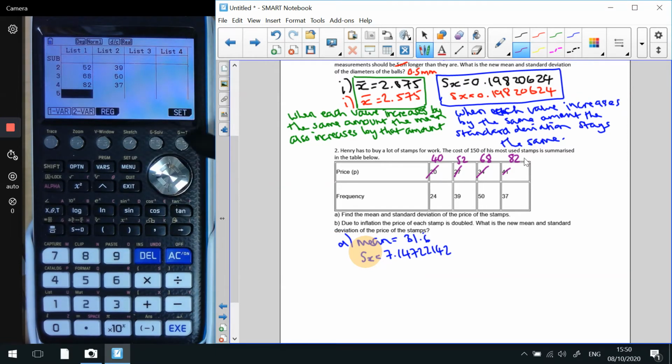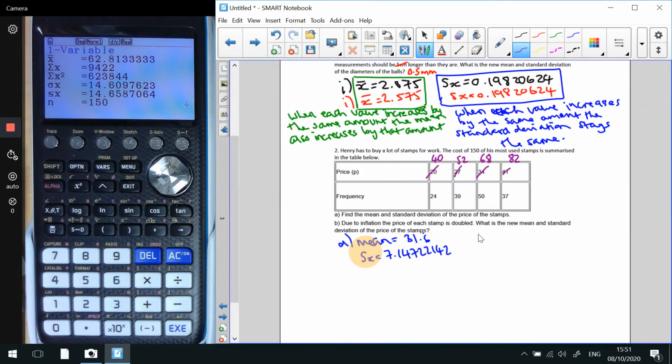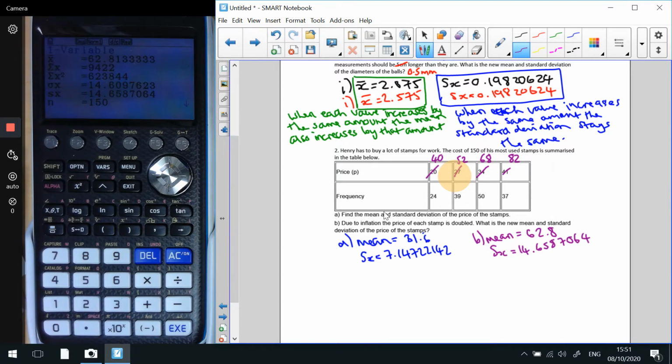I've already got this set up for a frequency table, so if I go back into one var, we end up with our mean being 62.8, our sample standard deviation ends up being 14.6587064. So we're going to come up with some rules again. So bearing in mind that this here was 6 recurring, if I go back,